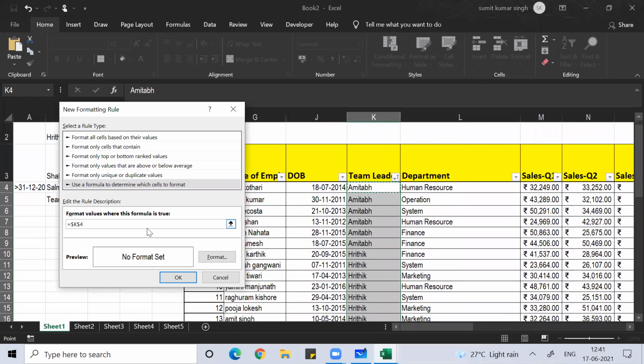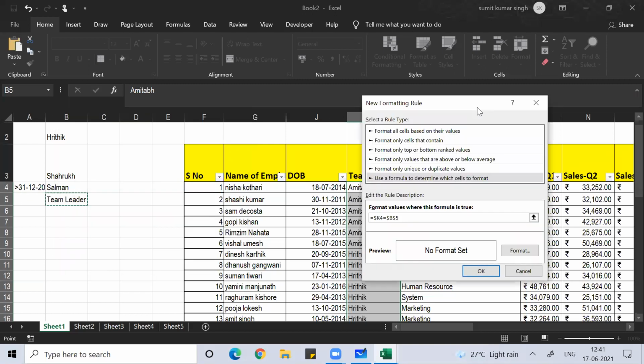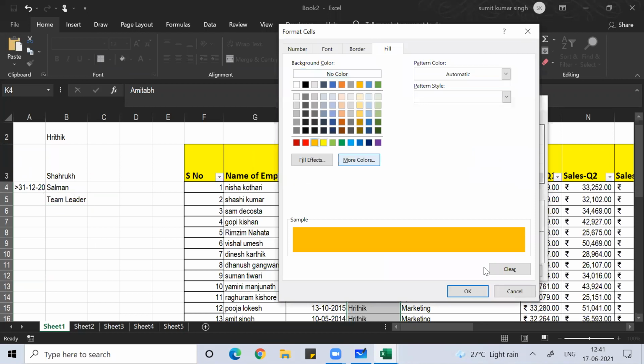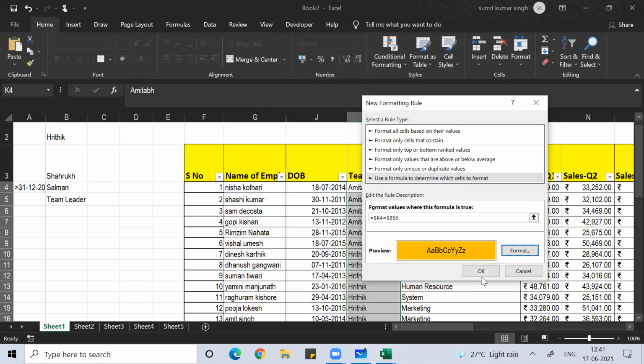I just click here, remove the dollar sign from A4, equal to this. Okay, equal to this, format, then color, put color, okay.